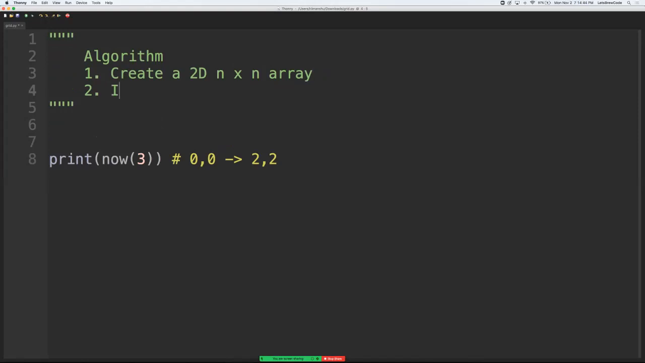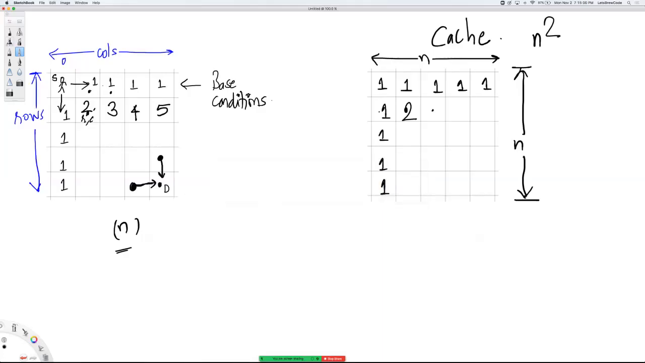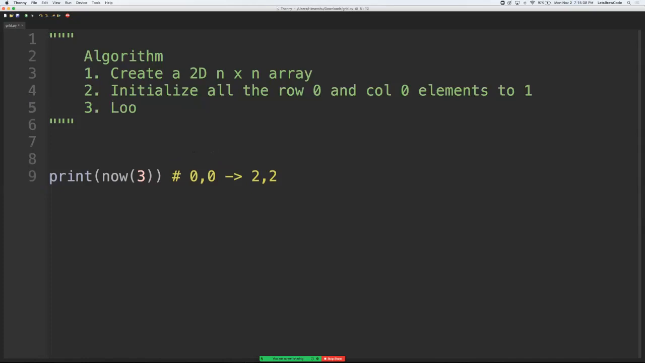Then basically initialize all the row 0 and column 0 elements to 1, right? That's this step here. We are doing this and this. And then basically loop over all the elements,